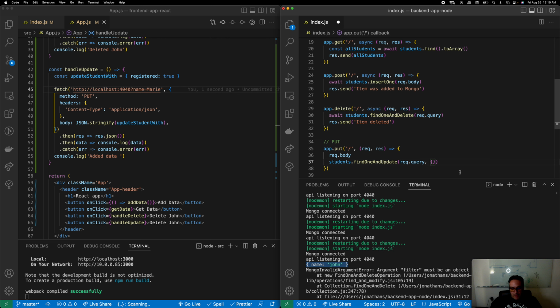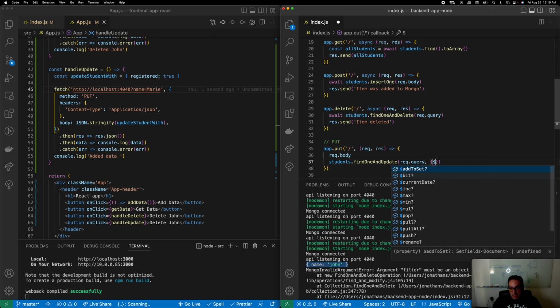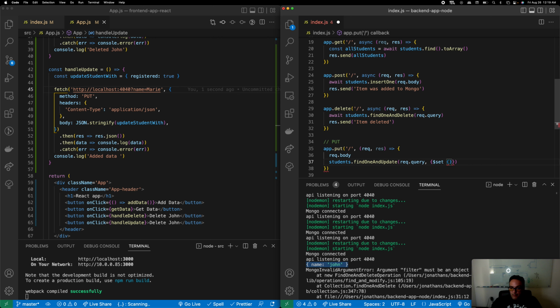Okay, so in here it takes a set function, and in here it's what are we gonna set it with? What are we gonna update it with? Well, we're gonna update it with this body. Okay, so we gotta make sure that we call it like this, and we put request.body inside of here. Okay, and this is gonna find it by name Mary, and it's gonna update it with the body that comes from the request, which comes from updateStudent with, which is this object here,